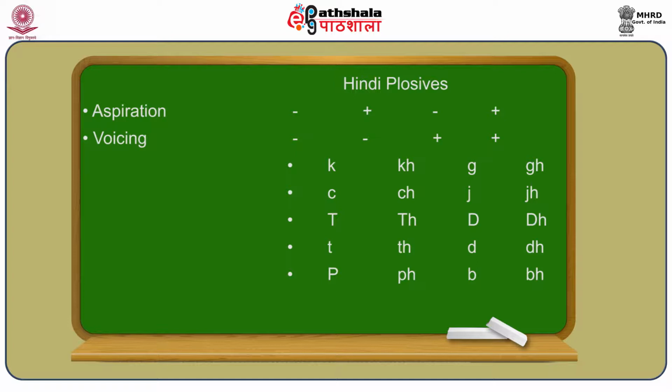The first set is velar, at the velum, back of your mouth. The second one is palatal, at the palate. And ta, tha, da, dha, na is the retroflex series, which is produced with your tongue curled back. You curl back your tongue and put it here. That's the retroflex series. And dental is at the teeth. You raise your tongue and put it behind your teeth: ta, tha, da, dha, 4 sounds. And bilabial is very easy to see: pa, pha, ba, bha.